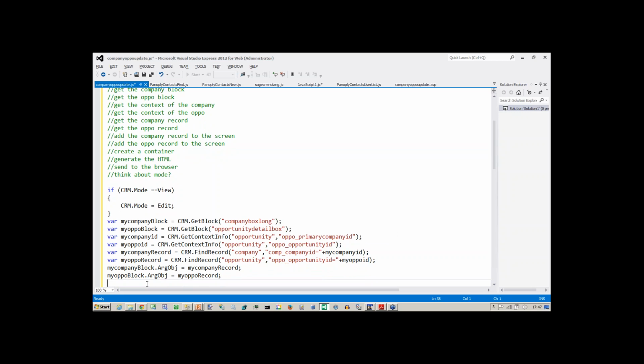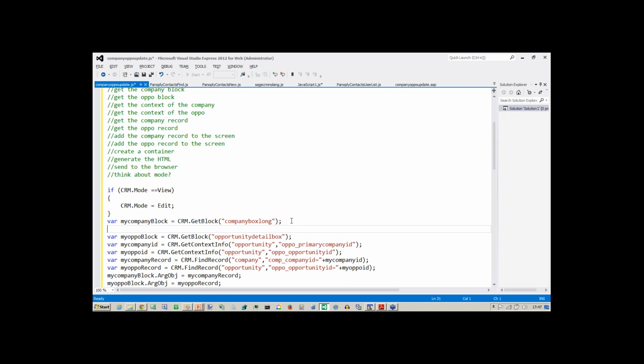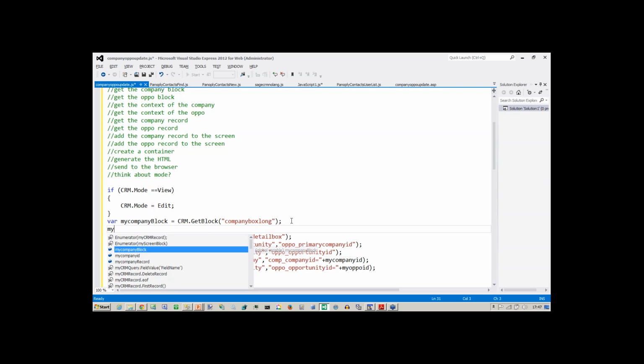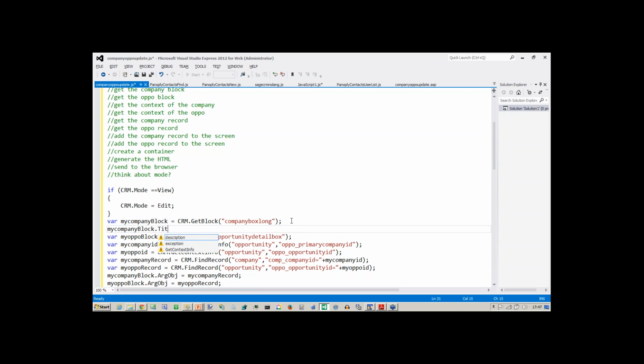So we're adding different items into these screens, and let me just also make it a little bit smarter, because I'm going to say myCompanyBlock.Title is equal to CRM.GetTrans, that's tab names, company and